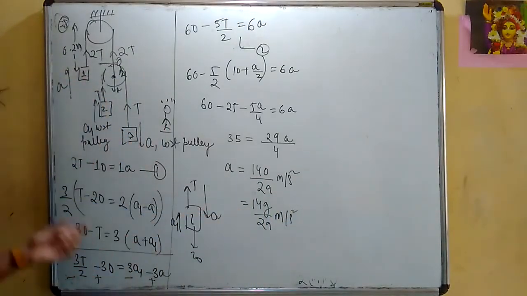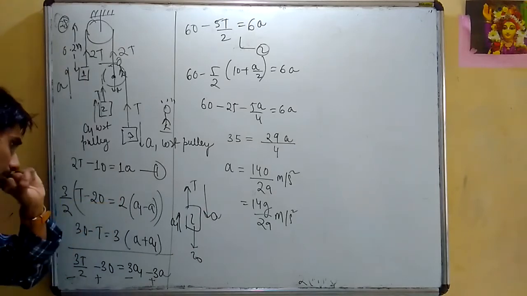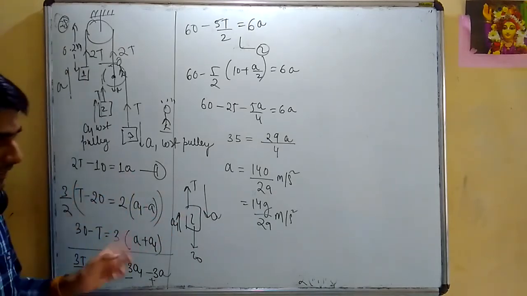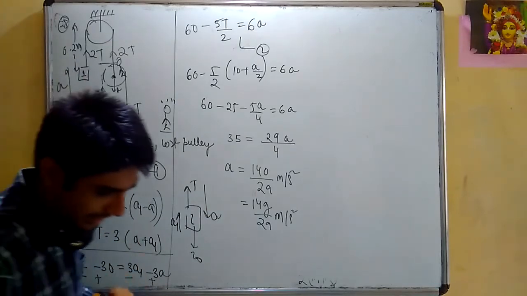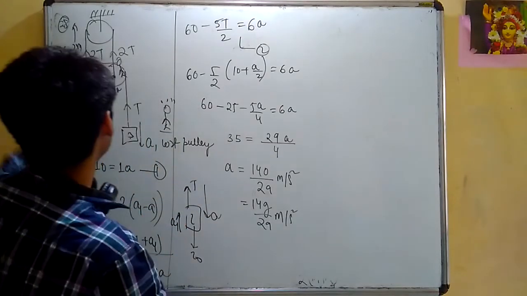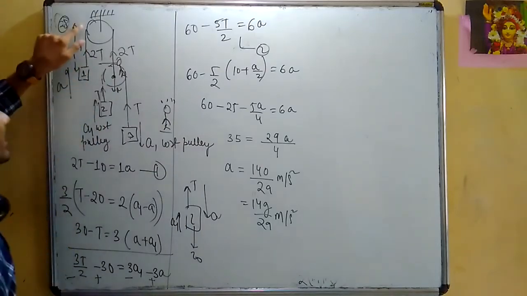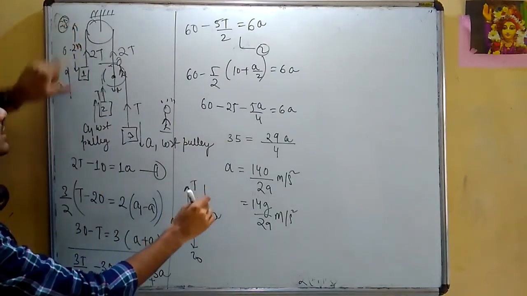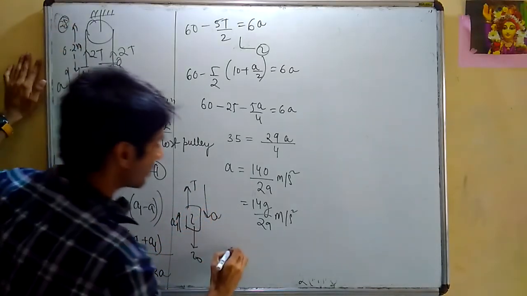I have found out a, I can find everything else. I have got a, I can find out t from here. I can find out a1 as well. All the accelerations I can get now just by the calculations. And now the question is, after how much time this will strike here? Therefore, I was more focused on finding out a, because I needed the time when this block will strike this one. After how much time will it strike?